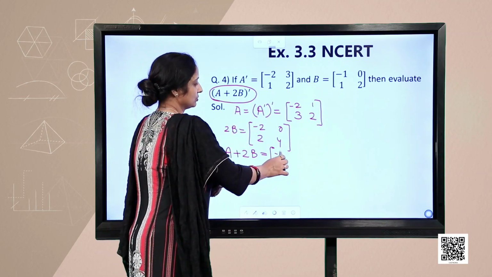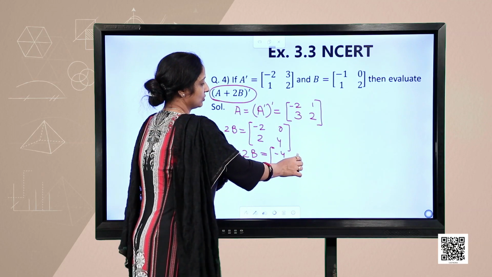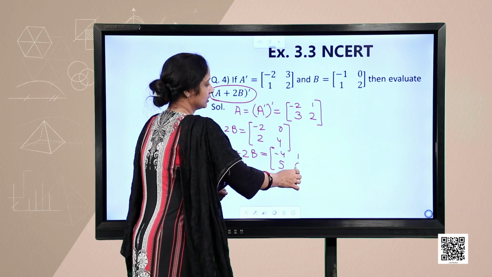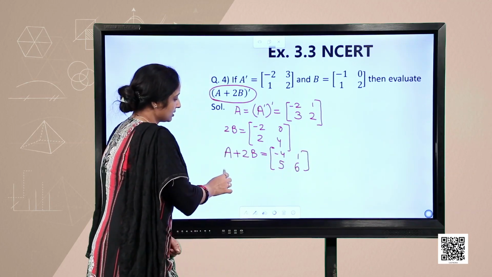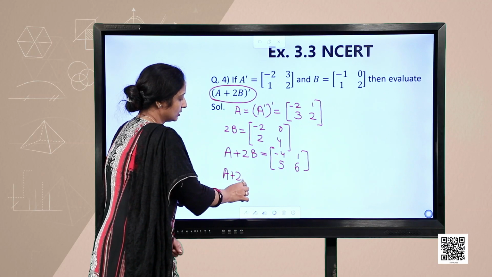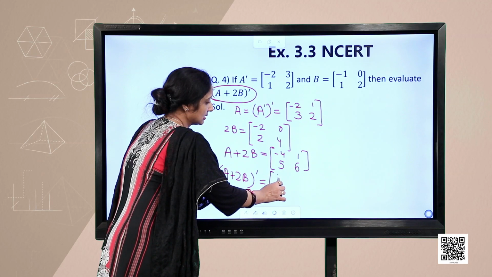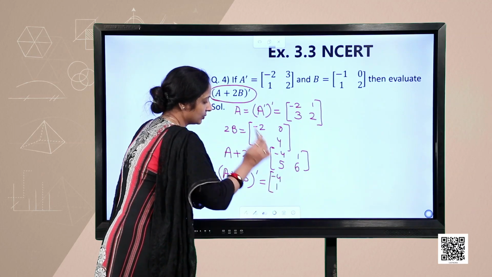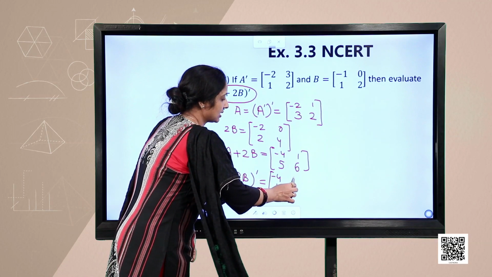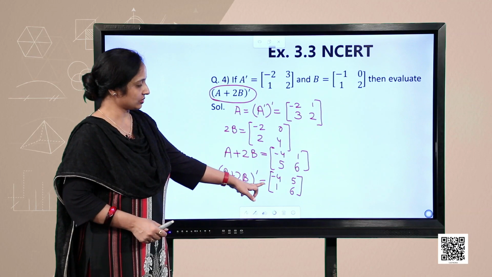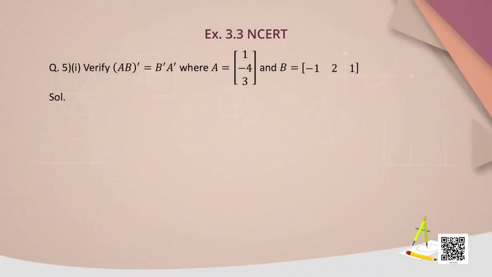minus 2, minus 4, 1 plus 0, 1, 3 plus 2, 5, 2 plus 4, 6. Then A plus 2B whole transpose. That means this R1 will become column 1 and this R2 will become column 2. So, A plus 2B transpose is this matrix. So, let us move to the next question, question number 5 part 1, which I am supposed to verify